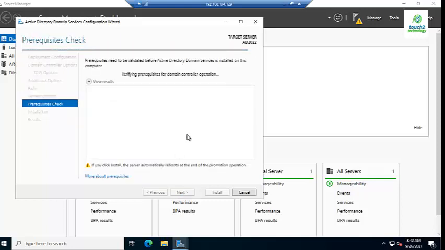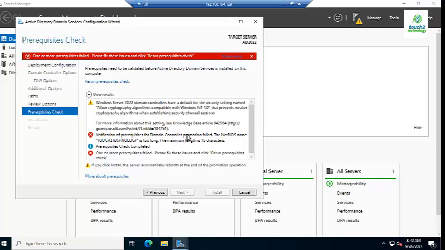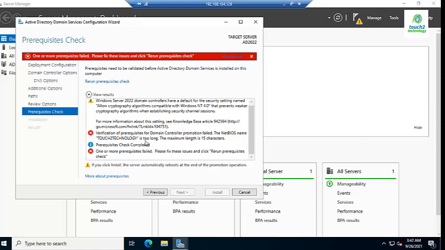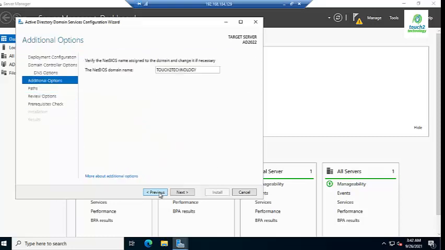Here it is verifying the prerequisites of the domain controller. It is still verifying. Okay. Here it says the length is too long. So I click on back, and I remove the Y from here. Click on next, because the maximum length is 15.